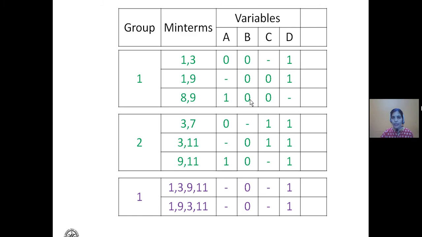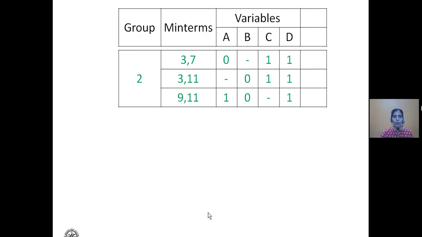Let's compare the remaining. If A is changing from 0 to 1, that is the first change, but B is constant at 0 and C is constant at 1. So 0 and 1 is put over here and a dash is included in the variable which is changing. Similarly, if we compare 1 9 with these three, the dash is matching at the A position, so a dash is included and the remaining procedure is followed the same. Again, we obtained the same group of min terms, 1 3 9 11 or 1 9 3 11. It's the same group for a combination of 4 ones.